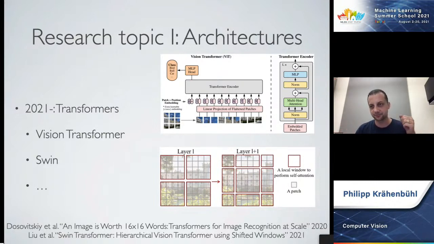Since then, there has been a very strong movement away from convolutional networks and exploring alternatives. One of these alternatives has been vision transformers, which are transformer-based language models.